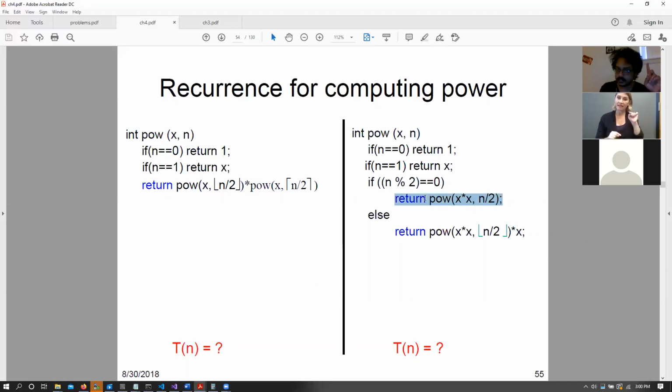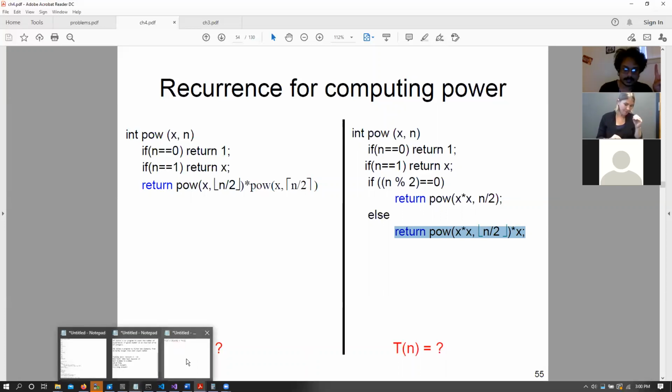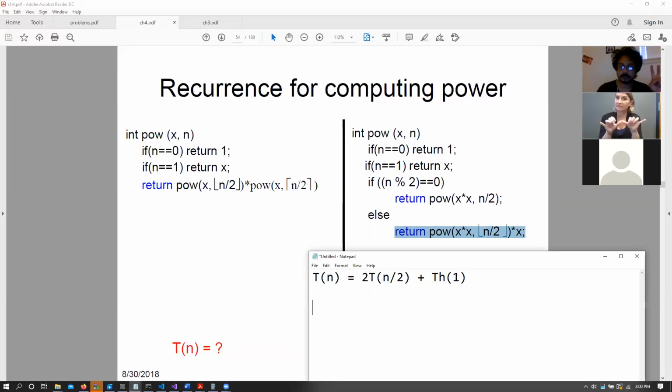Here we are either calling this function or we are calling this function depending upon whether it's an even number or an odd number. In that case, we are always calling this function once. We are not calling it twice. So our subproblem size is T of n by 2, but we are not doing it twice, we are doing it once. So we just have T of n by 2, depending upon whether we call the if condition part or the else part, right? We are just doing it once.